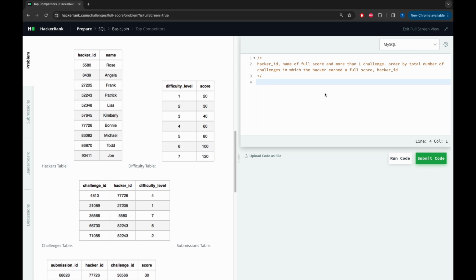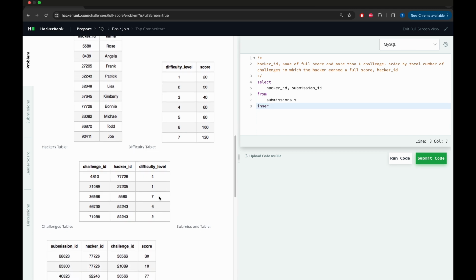So let's take a look at hacker ID and all the submission IDs that the hacker submitted. Let's select hacker ID, submission ID from the submission table, and we call this table S. We're going to join with the challenges table, like I said, to get the difficulty level. So inner join with challenge, call it C, on S dot challenge ID equal to C dot challenge ID, and